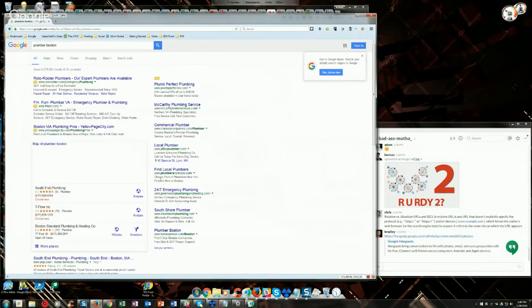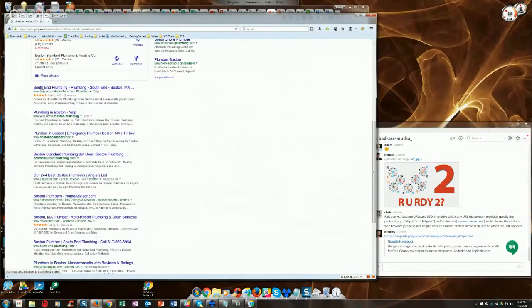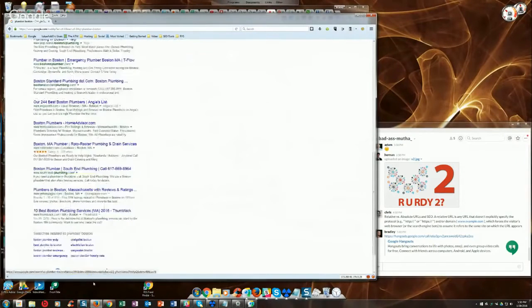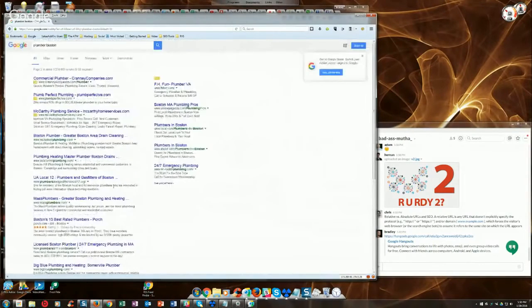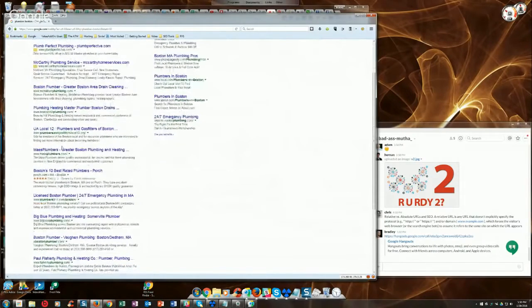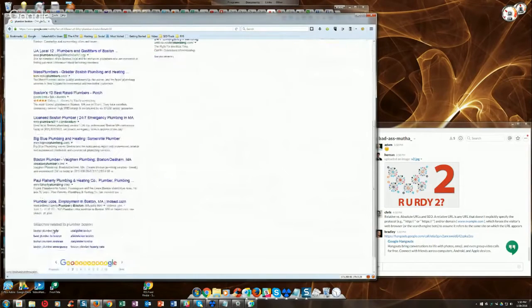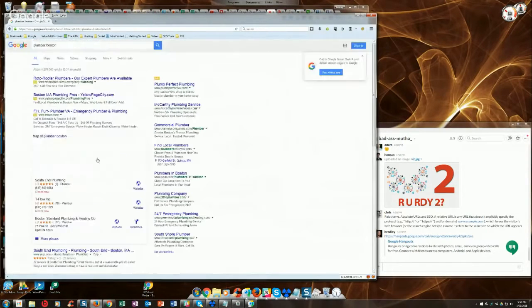Now I could go to every one of these sites here on the first 2 pages, or even further, and crawl all of these sites and see if any of them are linking outbound from within the site to anywhere that would have a broken link that's available for domain registration. And because these are all Boston plumber sites, I could end up buying that domain,